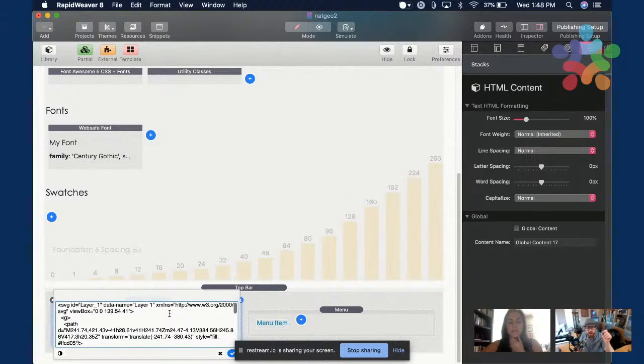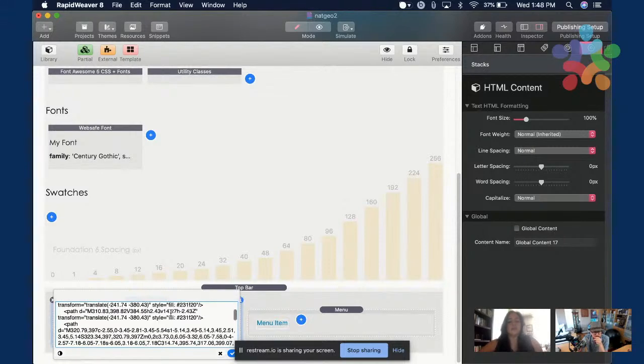Exported files from Illustrator, Sketch and many other apps will do that. So make sure you only keep the SVG tag. Anything before that you can delete. The tags always start with these brackets. So that's the code.